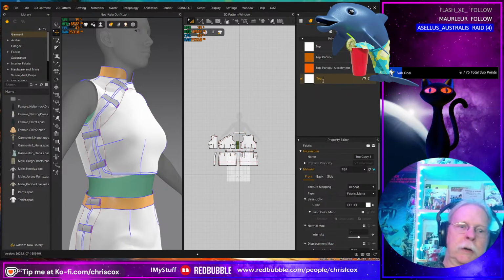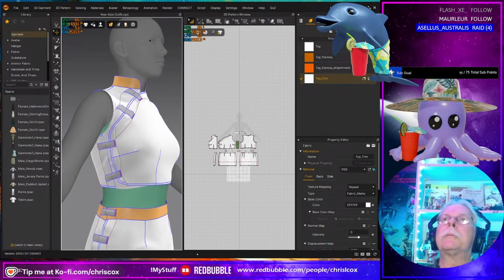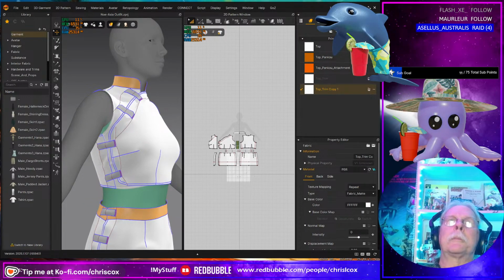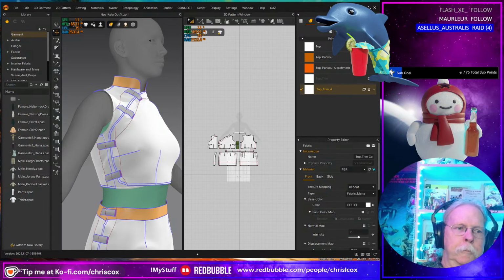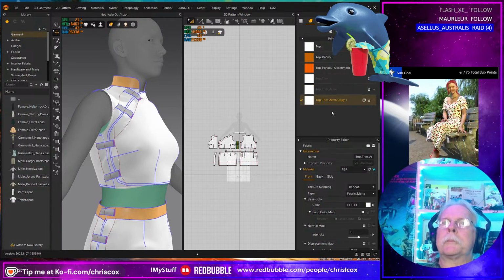You're going to be top trim, and top arm trim, and top collar. Top trim arms. Top collar.